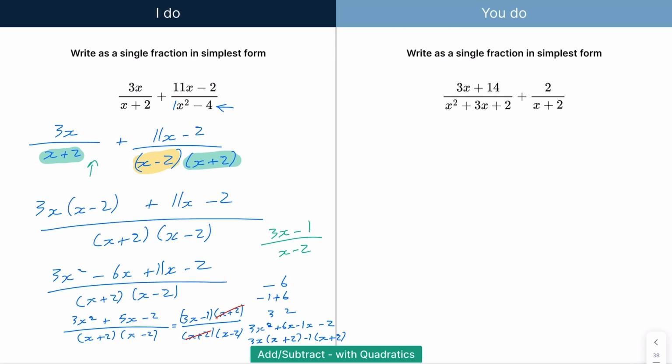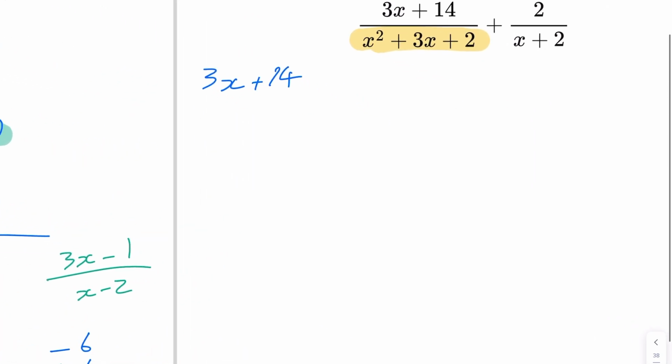So I can't spot any difference of two squares here. However, I can see there's a quadratic right here, and we should probably factorize that right away. So if you can write that out. In fact, I'm just going to zoom in case I do need the space like I did on the left. So that would then give us,